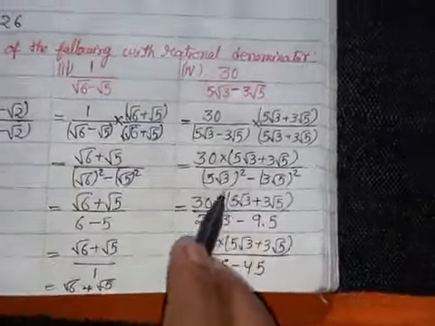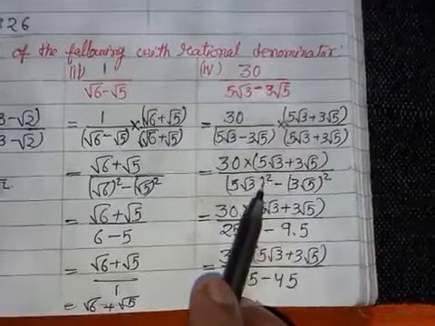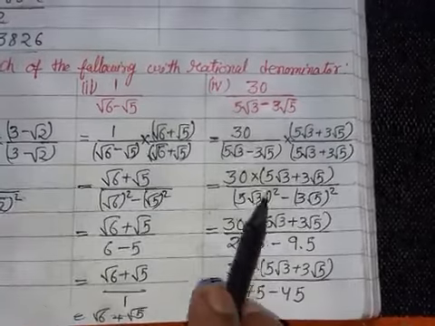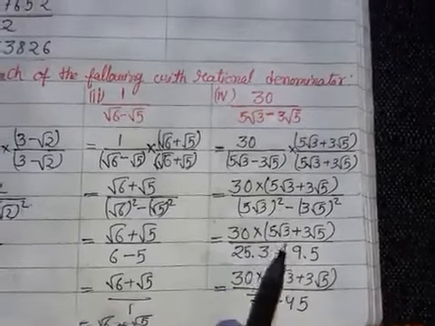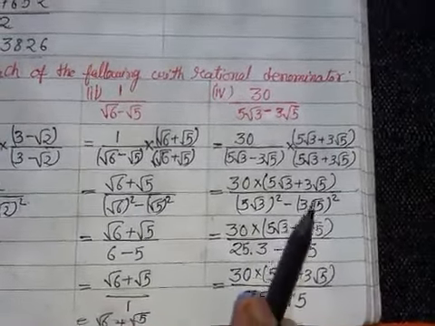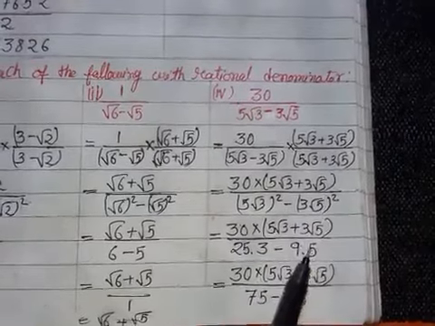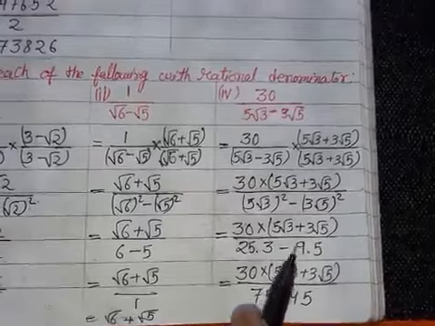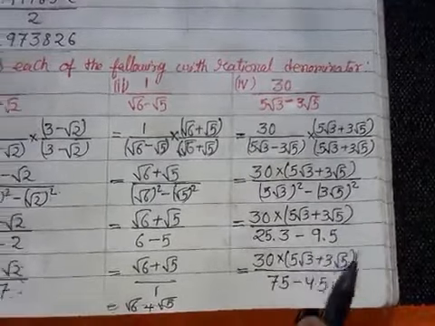Okay, so here a plus b into a minus b, so we write a square minus b square. This is in compound form, so square of 5 is 25, but square of root 3 is simply 3 because root and square cancel each other. Minus square of 3 is 9 and square of root 5 is 5. Okay, 25 3s are 75 minus 9 5s are 45.